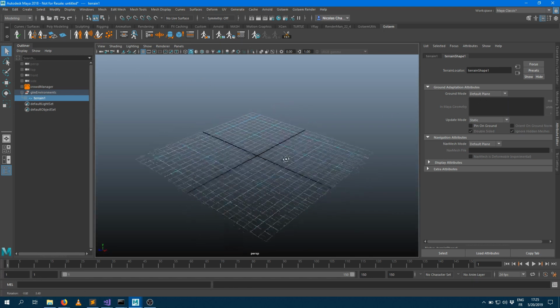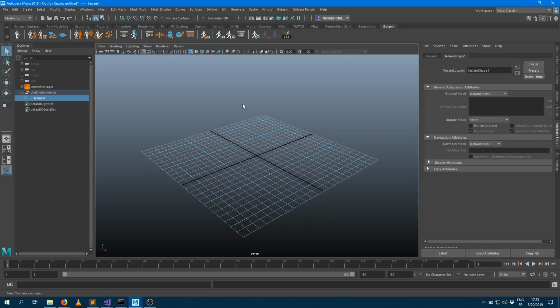Then I need to define what type of entities I will have in my scene. Depending on what you're doing, you may need to import, I don't know, man characters, woman characters, maybe soldiers, maybe horses, maybe cars. So for each of those types of entities, you need to import a Golem character file. In this video, we'll use already made character files, but we have plenty of tutorials to show you how to import your own Maya characters as a Golem character.